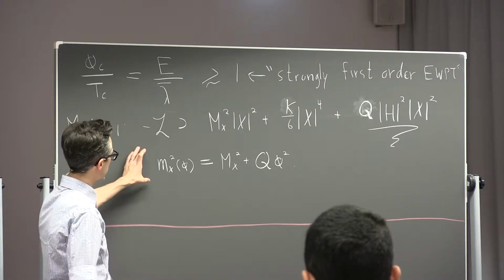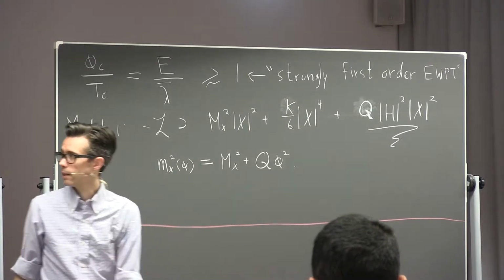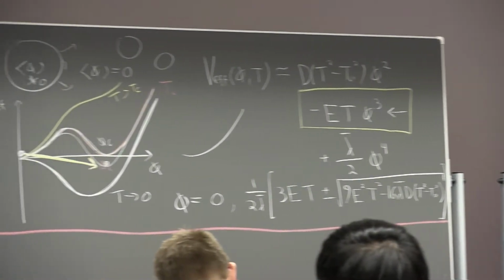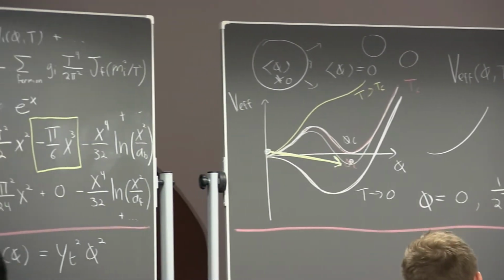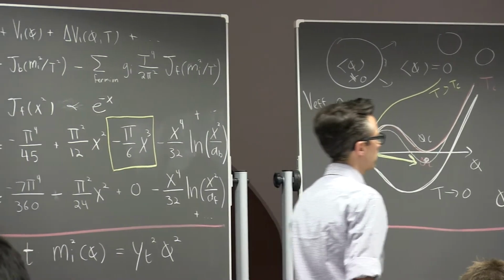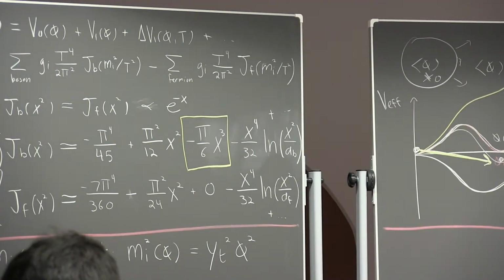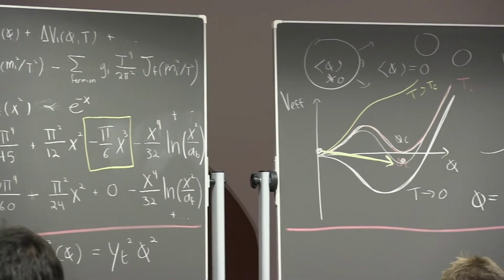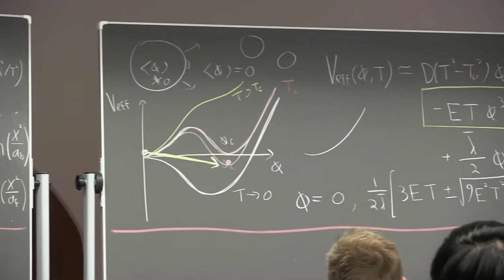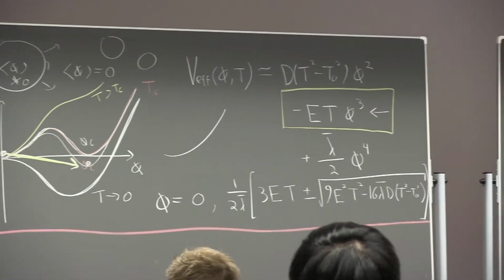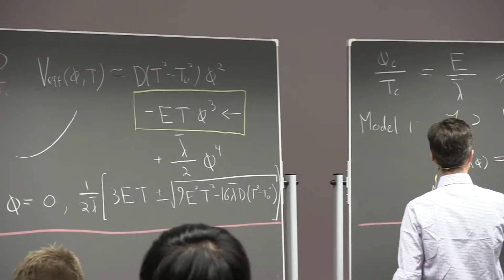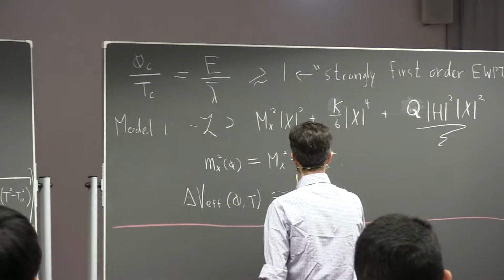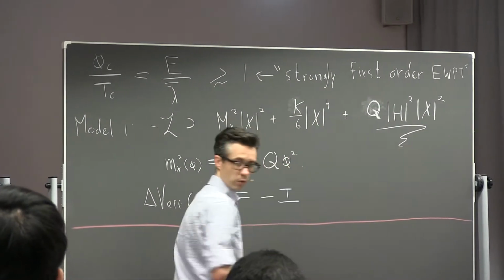So I take this mx squared of this form, and I plug it into my JB function here, and I look at its correction to the effective potential. Specifically, I want to look at its correction corresponding to the E term. What I get is one of many corrections to the effective potential, but the correction I care about turns out to be minus t over